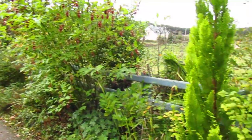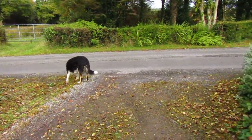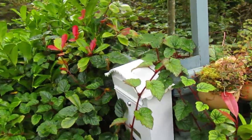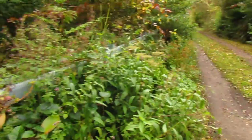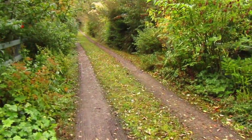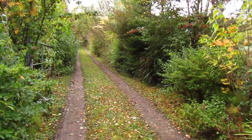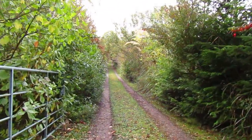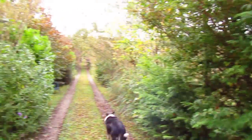I've just come down to the gate to collect my post. Here's my little post box. And I decided then to take you all for a walk through the gardens. A little walk on the wild side. A little walk